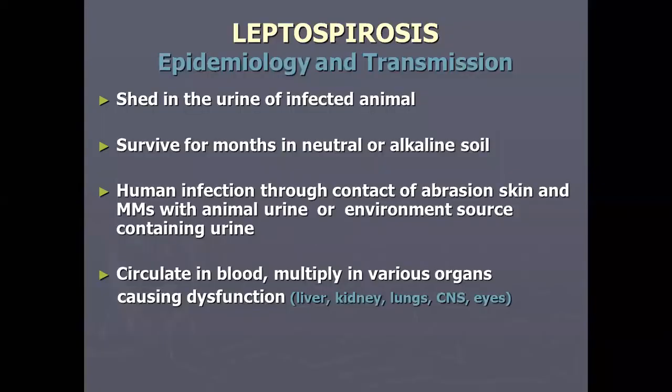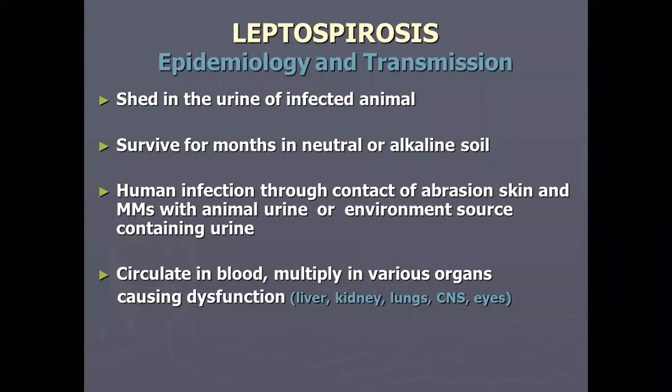All right. Now, if you look at the organism, it is shed in the urine of the infected animals. The Leptospira is excreted in the urine of the infected animals, and this organism can survive for months in natural inclined soil. So the pH of the soil, water, or food material does not influence the organism's survivability. It has all the potential to survive in both